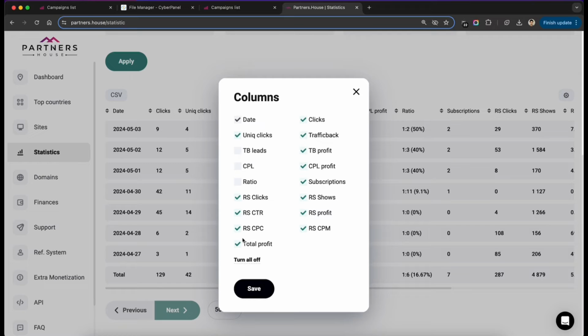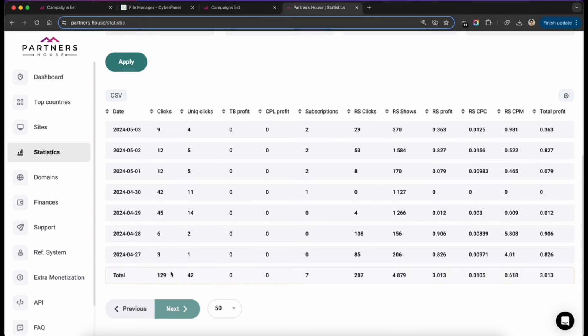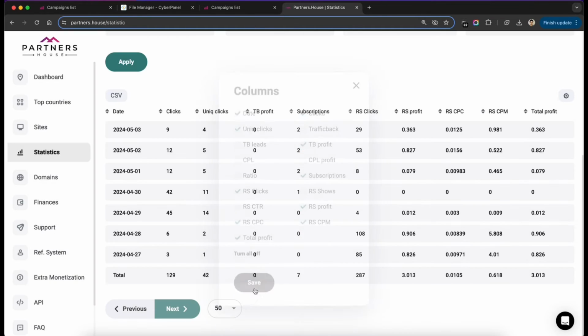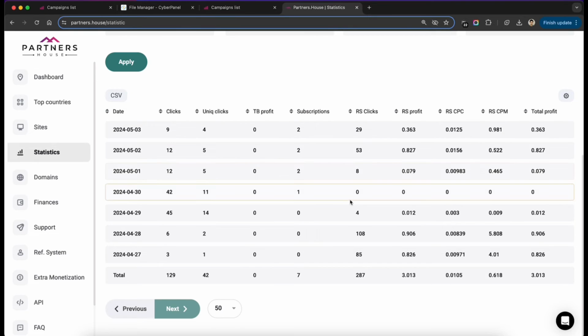The columns you want to see and the columns you don't want to see, you can customize from here. So for example, I only need to see the data that matters for me, so I can customize it from here, and I can look directly into the total profit and clicks, unique clicks, revenue share clicks, revenue share CPC, and everything in a very quick layout.